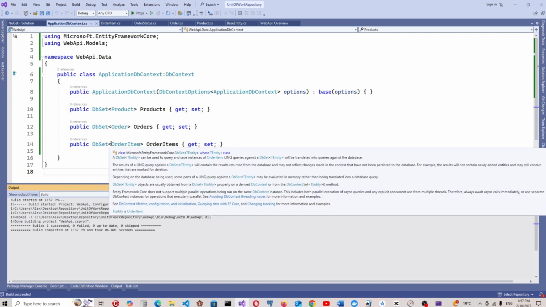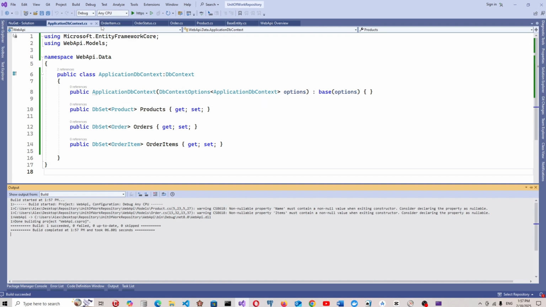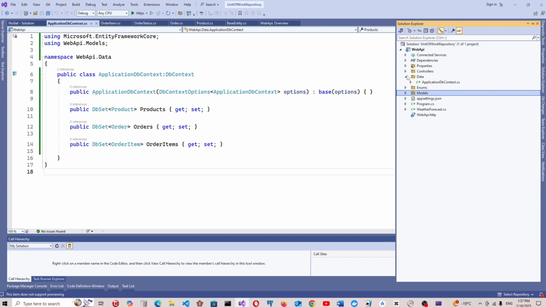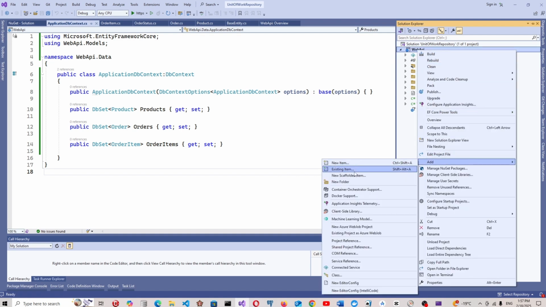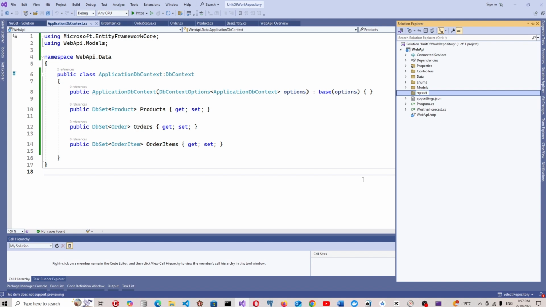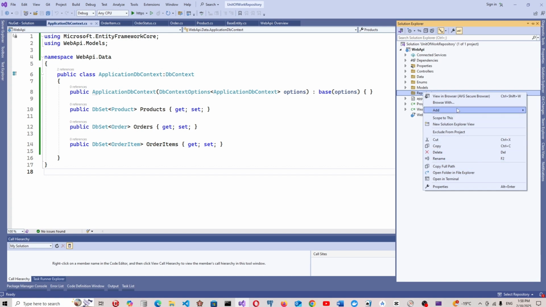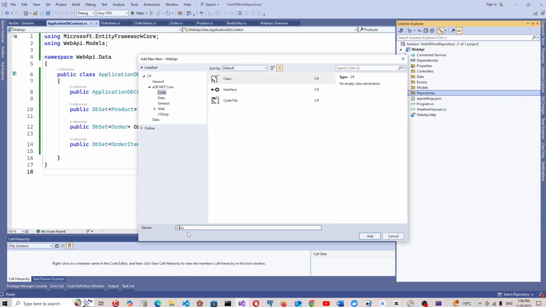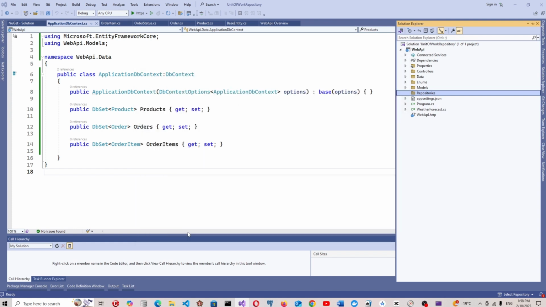Okay, so it's all good for now, and so all the model, on the side of the model, we are going to have a repository layer, add folder, repositories, and a class, generic repository,